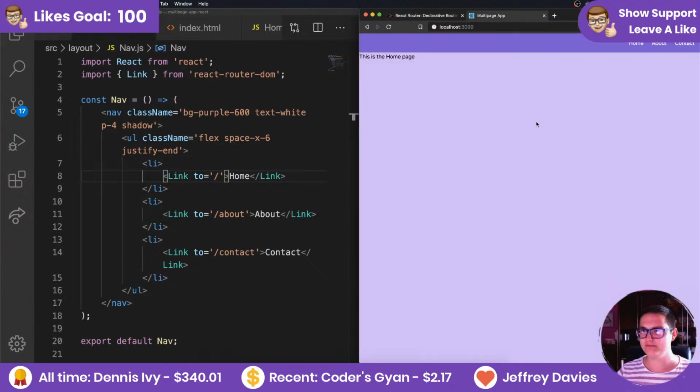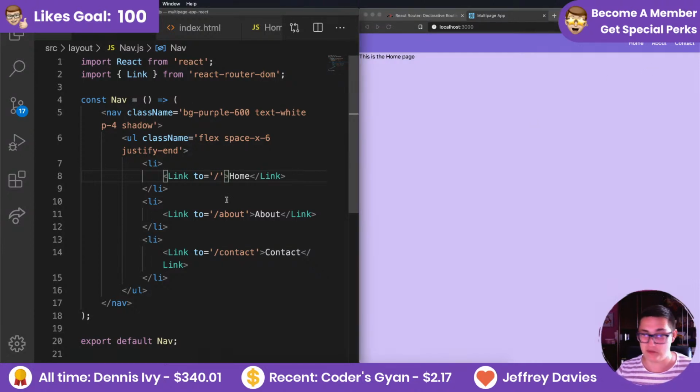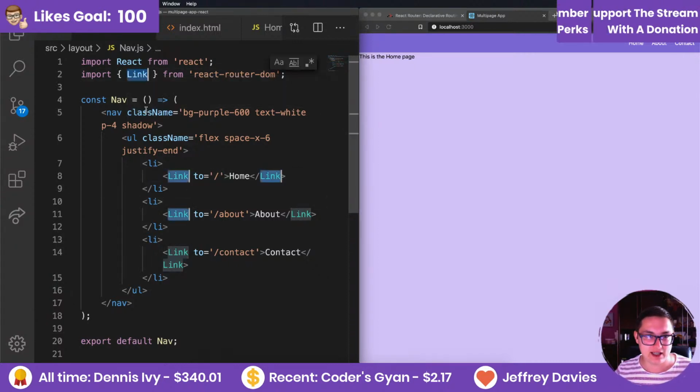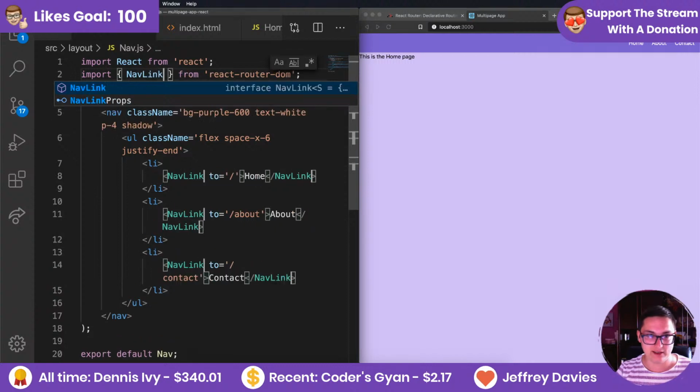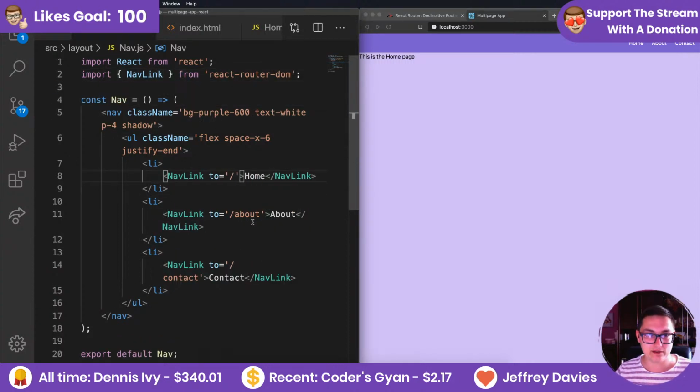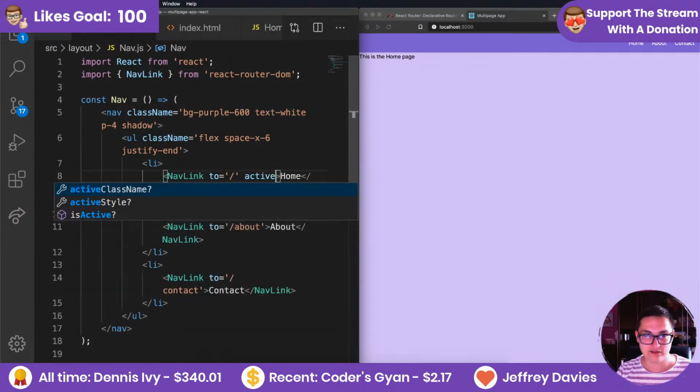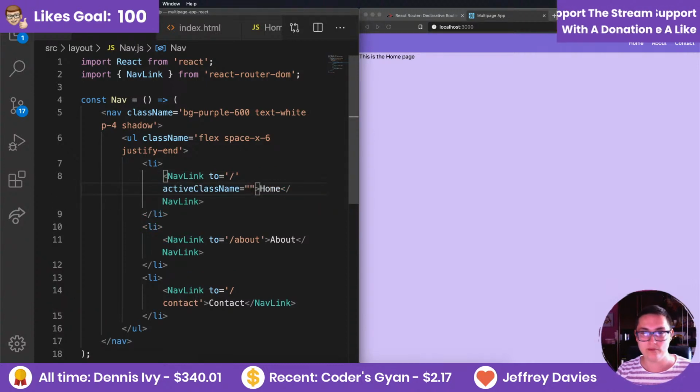So let's see how we want to show that this is active. But first, let's change this to be NavLink. And now we can say activeClassName to be,